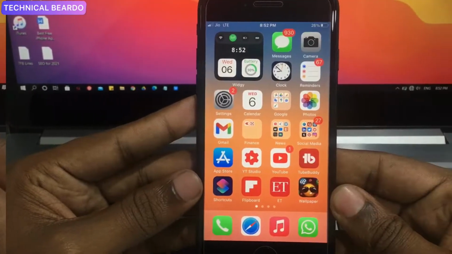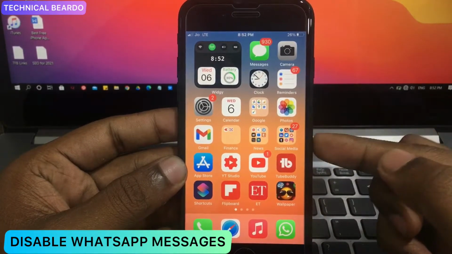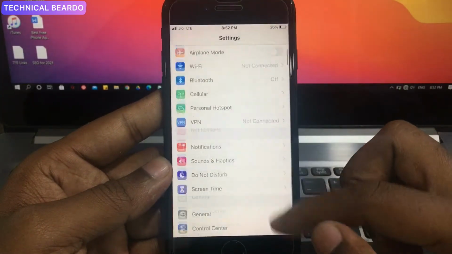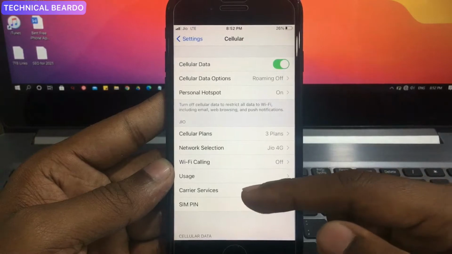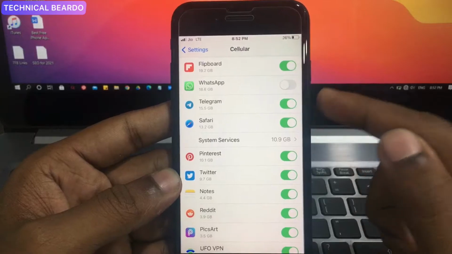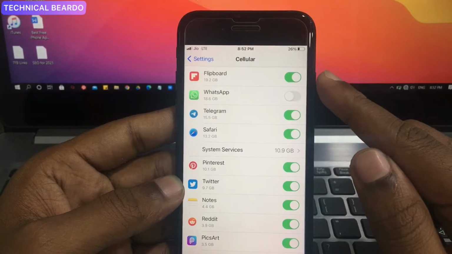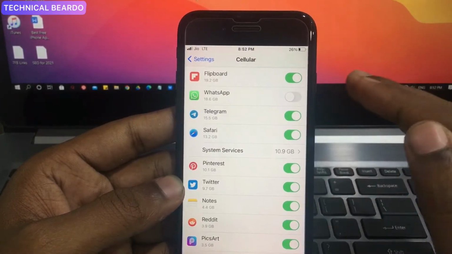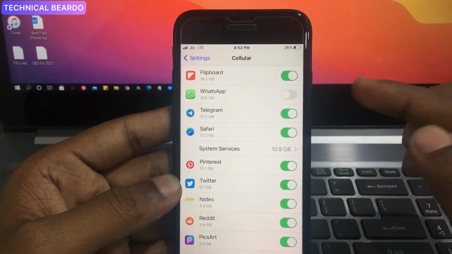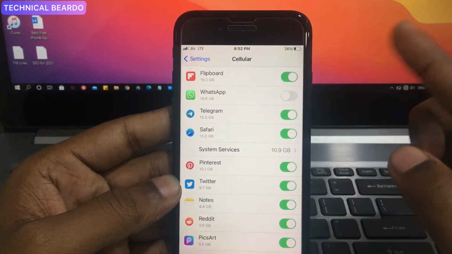In this trick, I'll show you how to stop receiving WhatsApp messages even when the data is turned on on your iPhone. It's very simple. Go to the Settings application, open Cellular Data or Mobile Data, and scroll down to find the particular app for disabling, that is your WhatsApp. From now onwards, WhatsApp will not use your mobile data for network. So it will disable the data, right? But remember that whenever you connect back to your Wi-Fi, it will work as normal. So when you connect to mobile data and you disable this, your WhatsApp won't be active until you enable this.